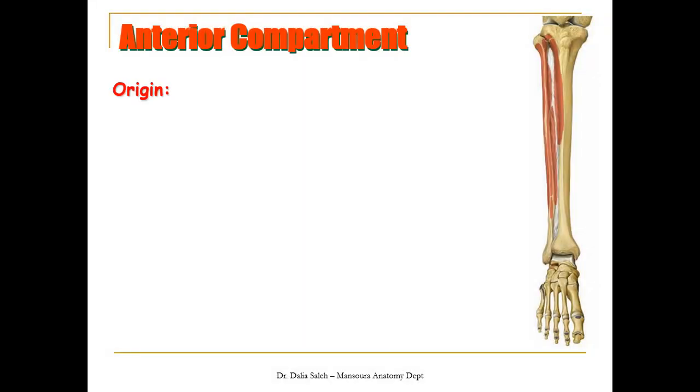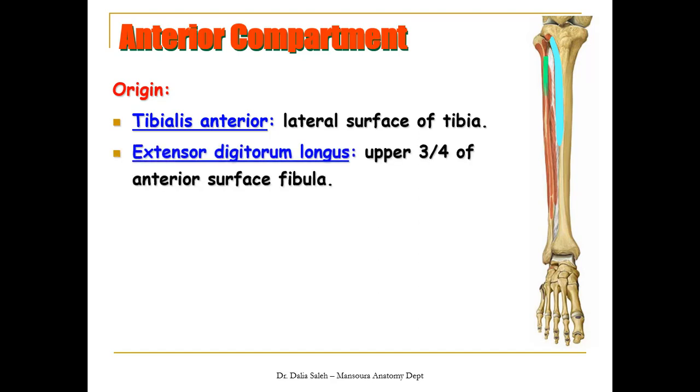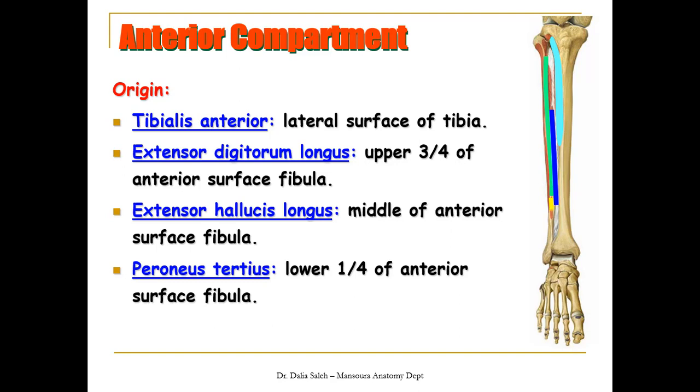The origin of these muscles: the tibialis anterior takes its origin from the upper part of the anterolateral surface of the tibia, and of course from the adjacent interosseous membrane, while the extensor digitorum longus arises from the upper 3/4 of the anterior surface of the fibula, the extensor hallucis longus from the middle of the anterior surface of the fibula, and of course from the adjacent interosseous membrane, while the peroneus tertius arises from the lower fourth of the anterior surface. In summary, the tibialis anterior is the only one that arises from the tibia, while the rest of the extensors arise